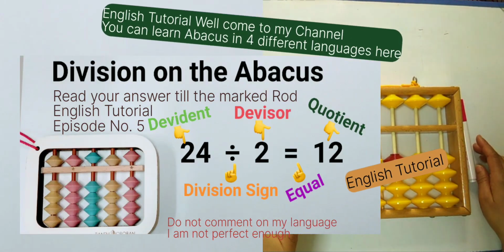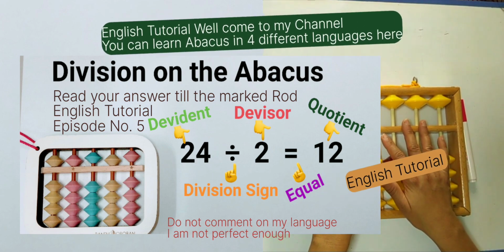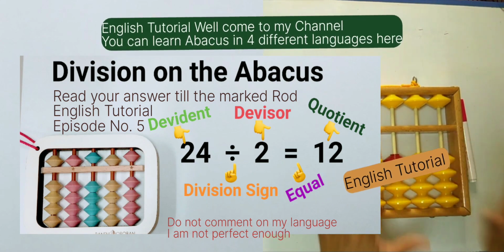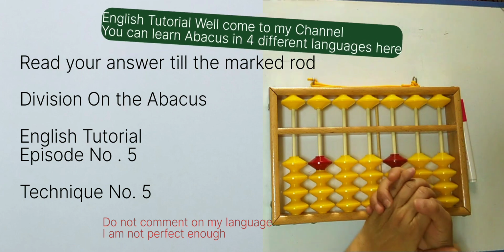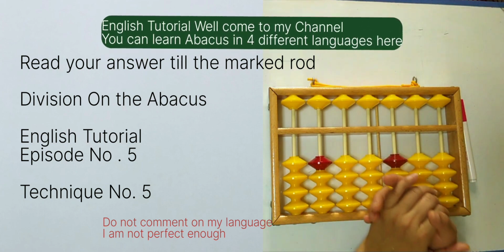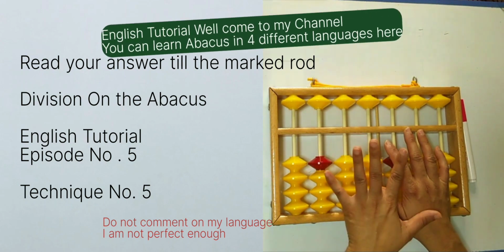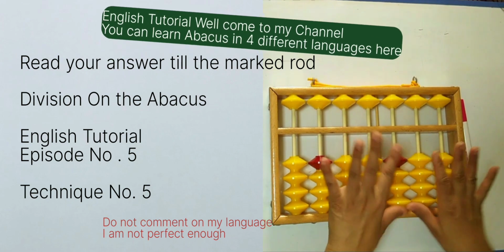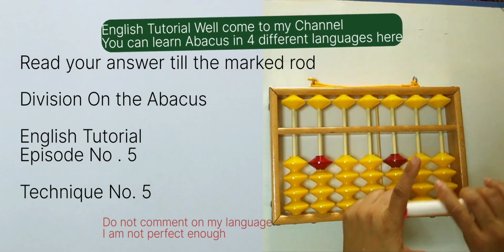We are doing division on the Abacus and this is the 5th episode of division, and today's technique is read your answer till the marked rod. If you don't know the basic rules about division, you have to watch another episode. Links are in the description box, and please watch episodes 1 to 4 about division also, because all the techniques are coming together in this technique. Today's very first question is